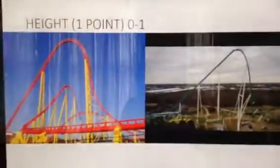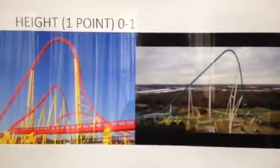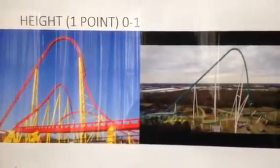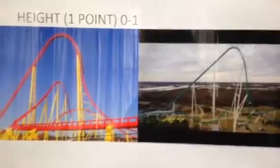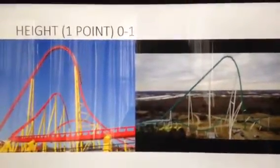I'm excited to see. So first up is the height. And this is common sense. It's obvious. Fury 225 is 325 feet. Intimidator 305 is 305 feet. So, with common sense, Fury 225 is going to win, and that is why it is going to get